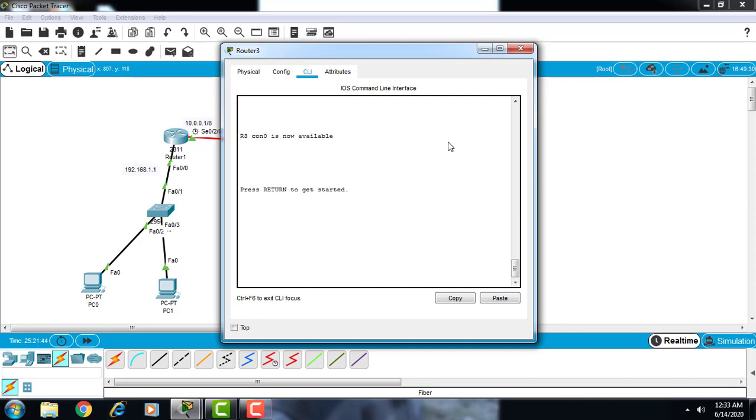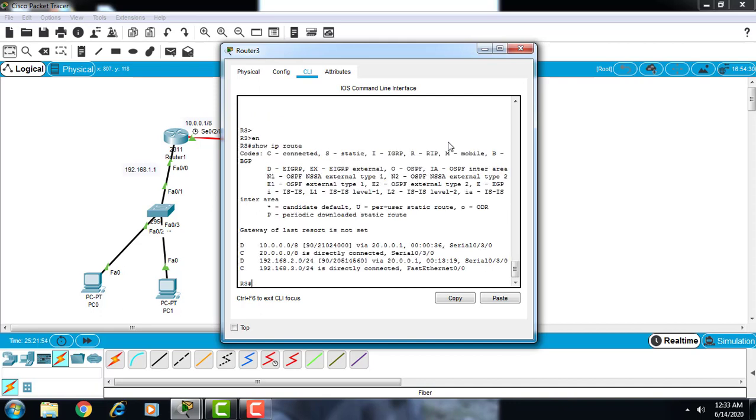You can see we have to wait some time, so we can check the configuration of router 3. Show IP route: the gateway of last resort is not set.